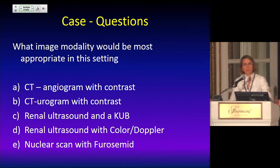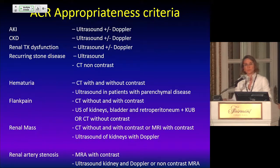But you chose something else in addition to that, which is a KUB. Because you're thinking, well, there may be a stone, so you want to see calcifications, which may not always be found in ultrasound. And then maybe later you would think about Doppler, if there's anything you think about the vasculature, or a nuclear scan with furosemide. So just to point out that the American College of Radiology appropriateness criteria tell you that in